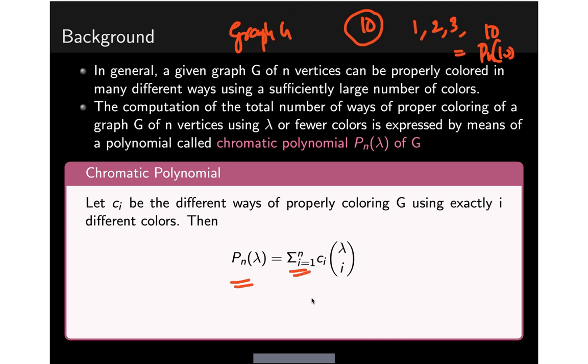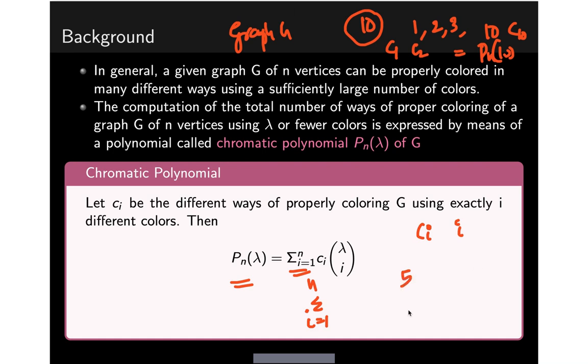You can see that here we are adding all the ways of coloring using i equal to 1 to n, so that is how the sigma notation comes in. And what is Ci? Ci is the number of ways in which the graph can be colored using i colors. If I am using 1 color it will be called C1, if I am using 2 colors it will be called C2, if I am using 10 colors it will be called C10. So Ci is the number of ways of coloring the graph using i colors. And what is this lambda C i? Suppose I am going to color this graph using 5 colors.